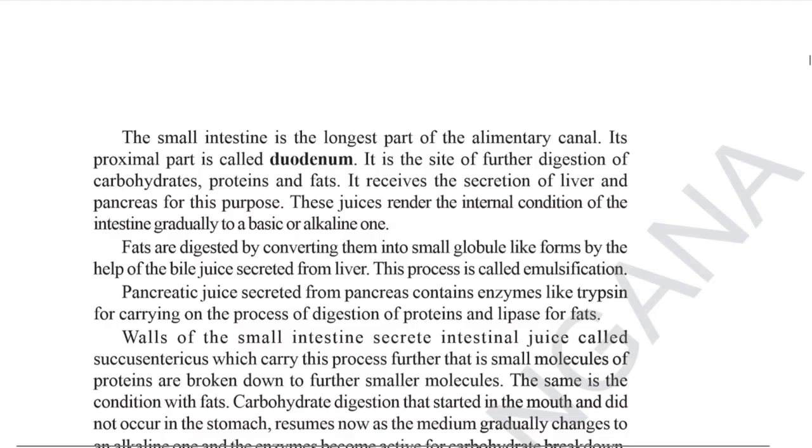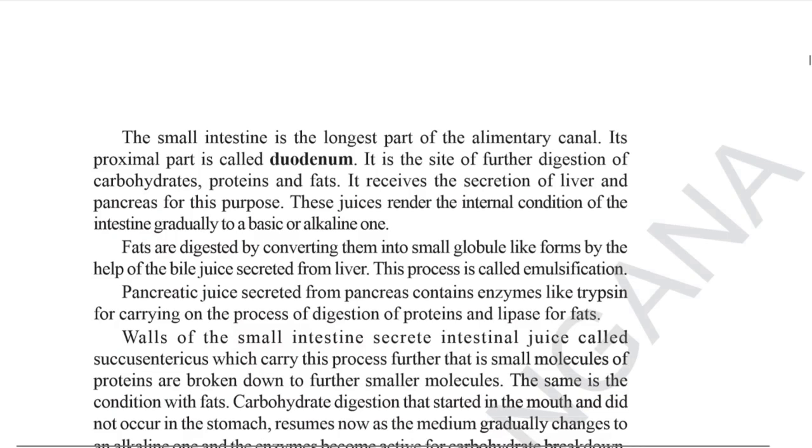It is the site of further digestion of what? Carbohydrates, proteins and fats. It receives the secretions of the liver and pancreas for this purpose. So it needs juices or enzymes for that purpose. From where does it get the enzymes? From the liver as well as from the pancreas, and it will release